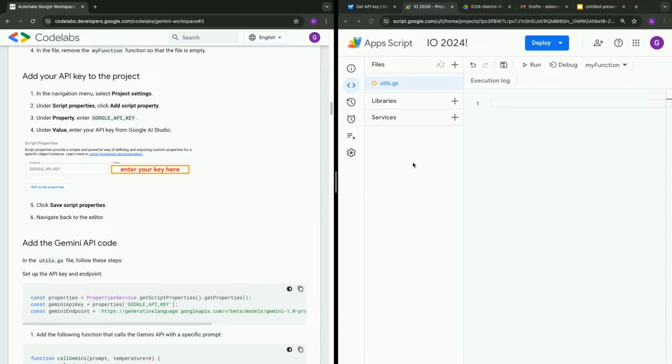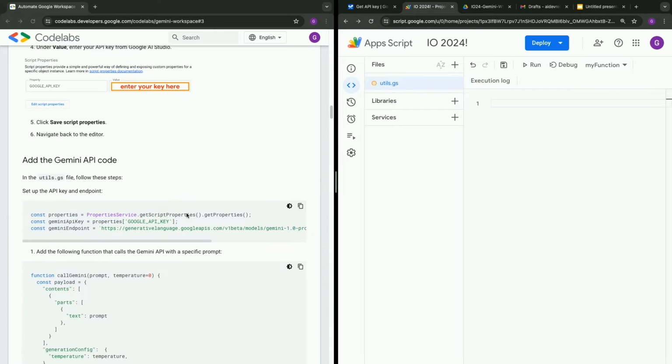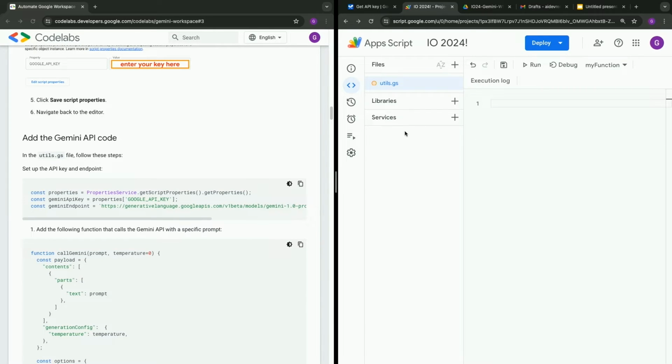We don't want to put the API key in our code, though. We want to be able to ship our code to colleagues. We want to be able to pass the source code around without having to worry about our key being used amongst everybody or it being shared publicly or anything like that. Like, it's a secret, and we want to keep it as such. And so the way we do this in AppScript is through